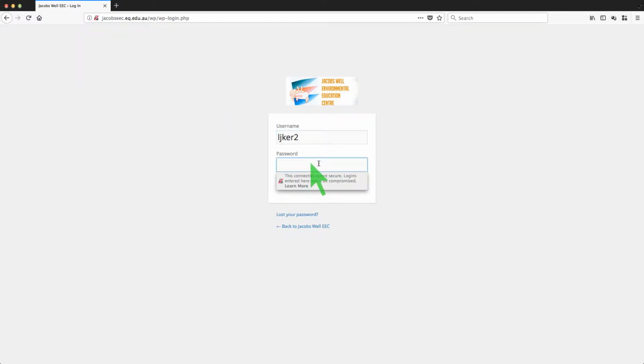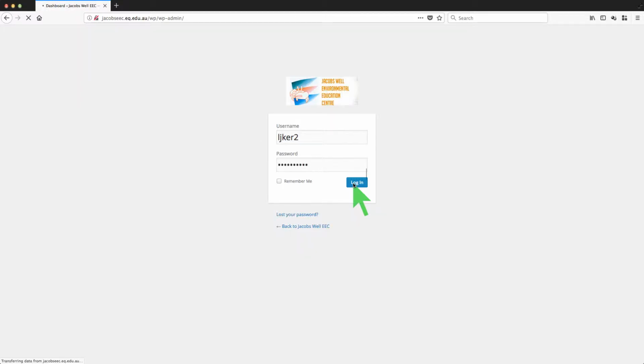What that means is, as this message here indicates, this connection is not secure. Basically, this website needs an SSL certificate. Else, if not, then everyone who logs into this website is going to get this message, and that may spook some people. But anyway, let's log in,